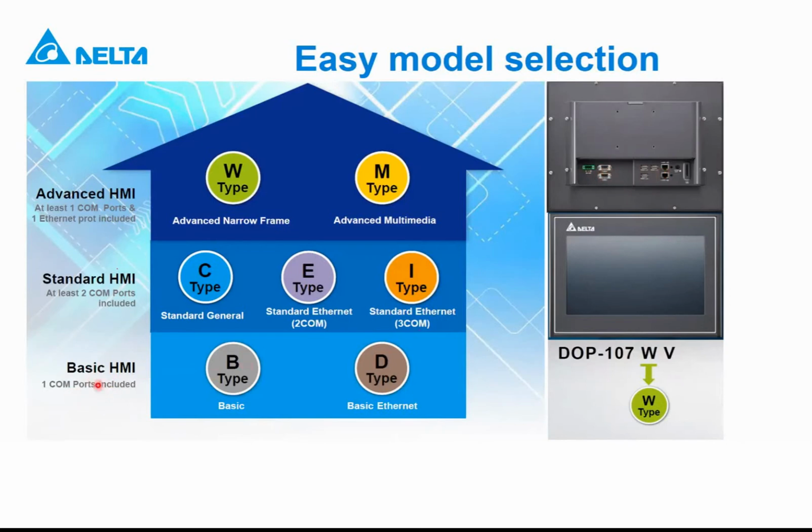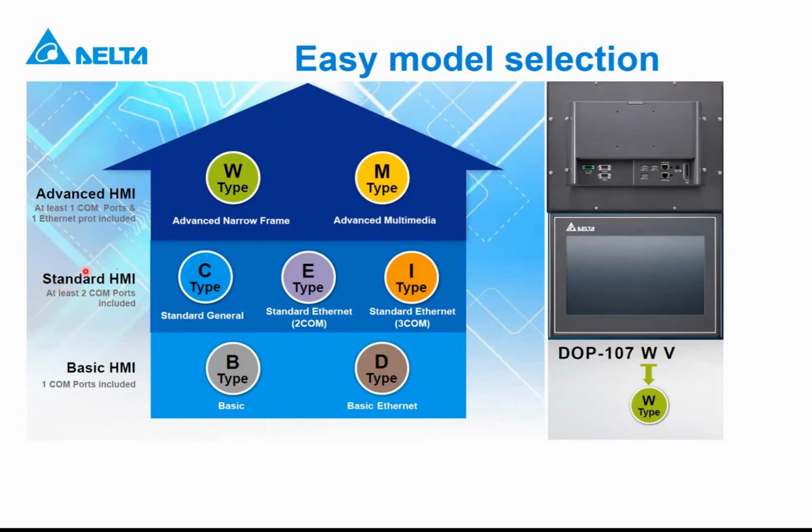So the basic HMI, they have just one communication port, serial port communication, like this B type. This D type has an additional Ethernet port. So you have one COM port plus one Ethernet port in this D type. You also have